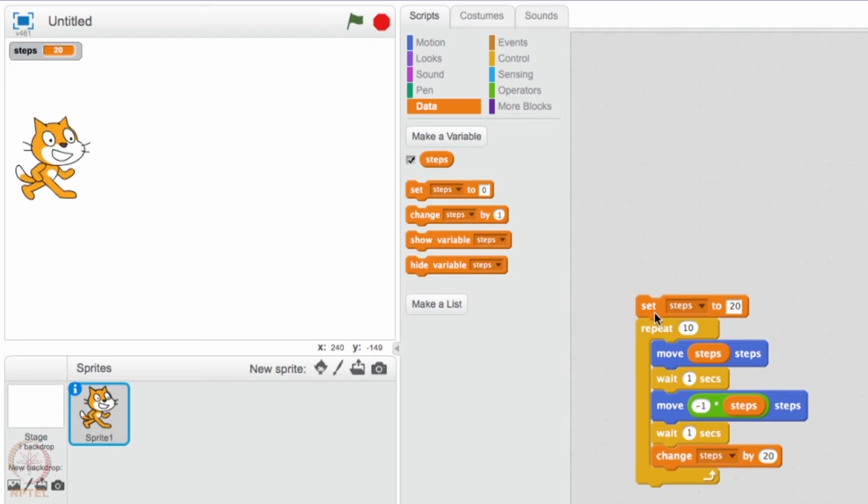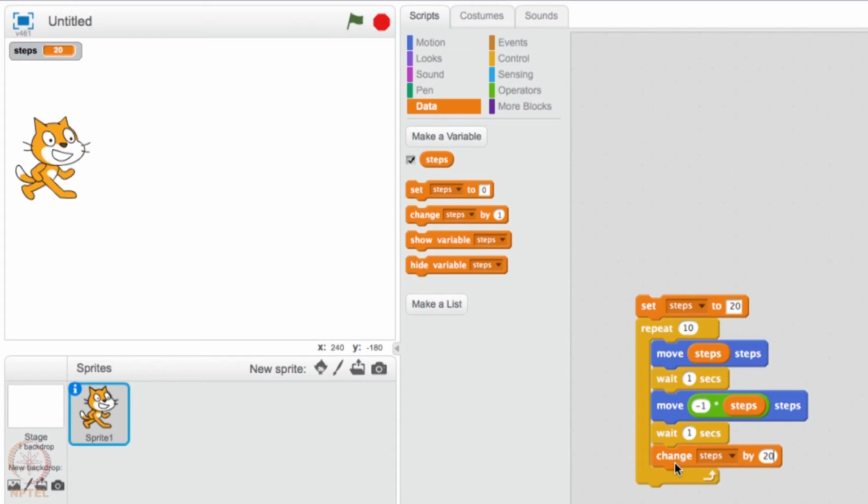So, what does this code do? Set steps to 20, repeat this 10 times, move steps, number of steps. That steps is actually 20, so move 20 steps. Wait for a second and move 20 steps in reverse direction, minus 20 steps.